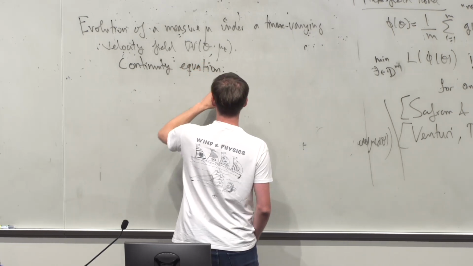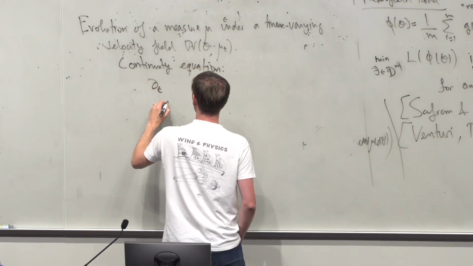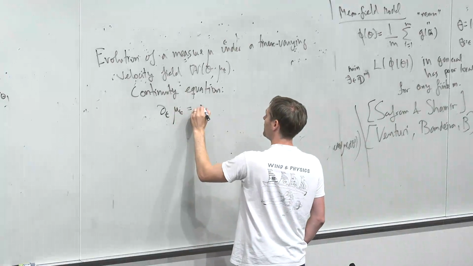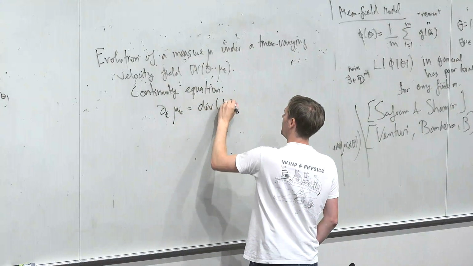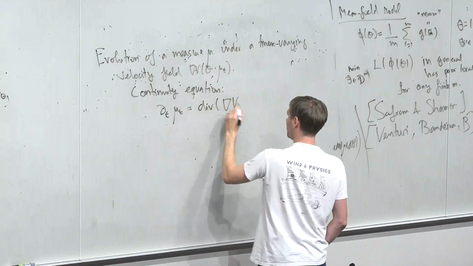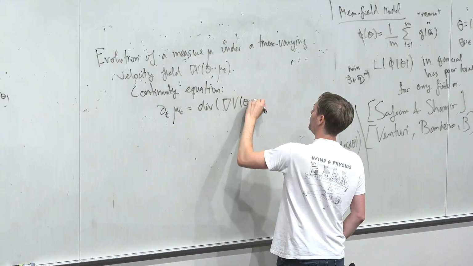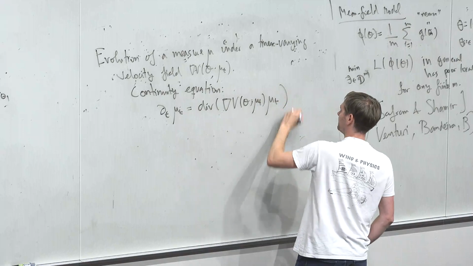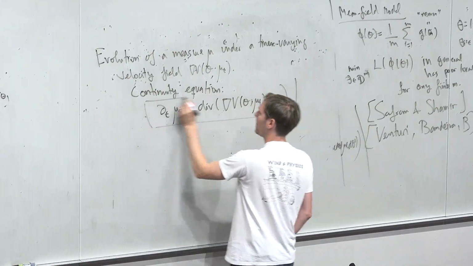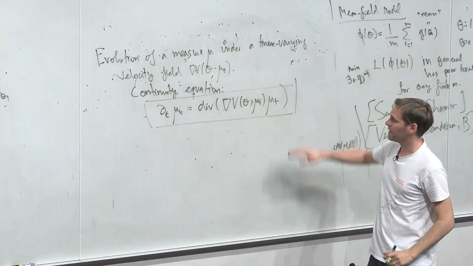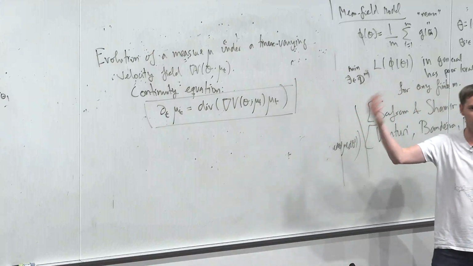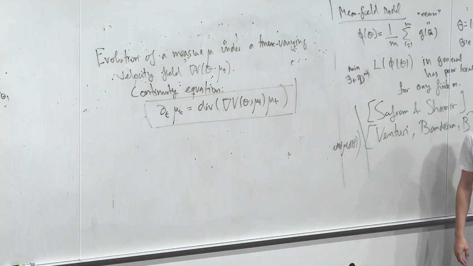That is actually a partial differential equation. So it's the partial derivative of mu with respect to time is a divergence of the potential, like the gradient of the potential, mu t, evaluated at mu t. Okay, so I understand that maybe you are not familiar with looking at the partial differential equation that involves